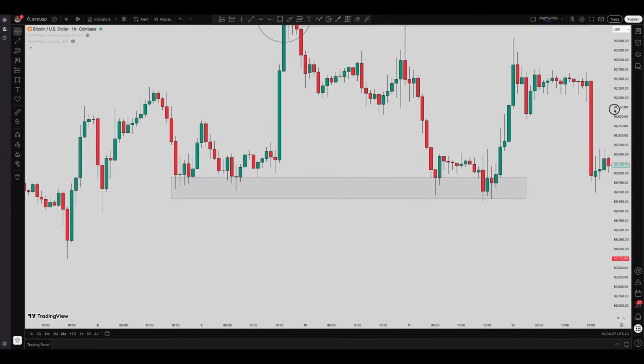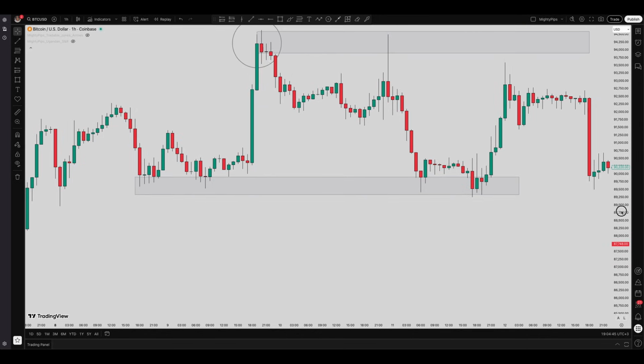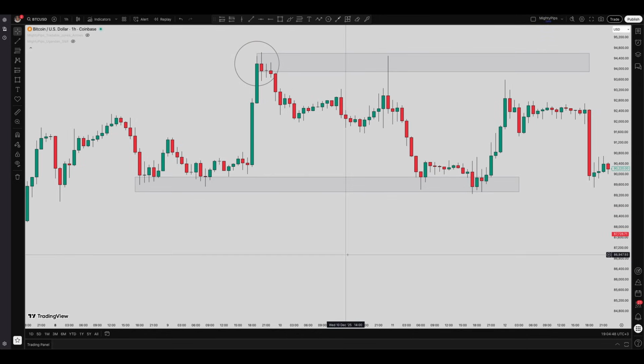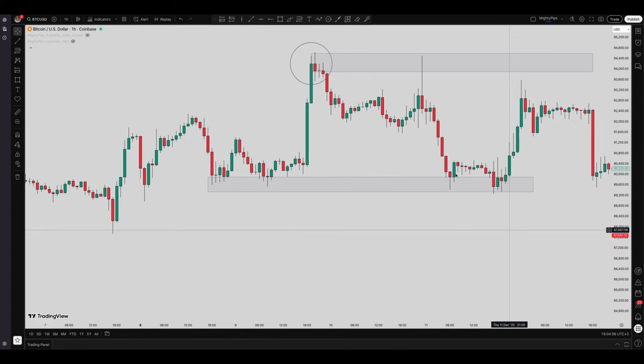Also around that same area, it created the same pattern that I've shown you, the CRT model right here. You can see there is a bearish candle, then the next candle is a bullish candle which creates a low lower than that bearish candle's low, and then the market continues to the upside. All right, so the candlesticks you're supposed to look out for are those reversal candlesticks, and also candlesticks near areas of interest. You can also consider looking at bullish engulfing or bearish engulfing candles around areas of interest before you